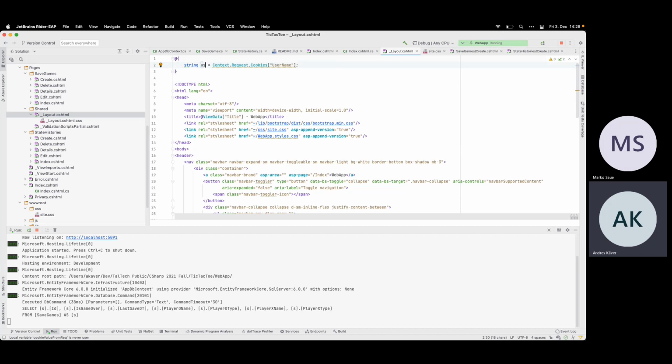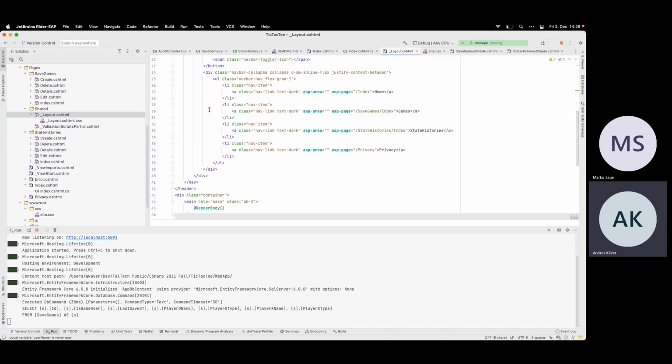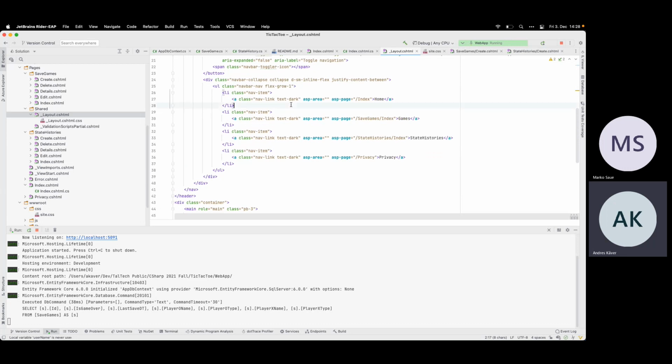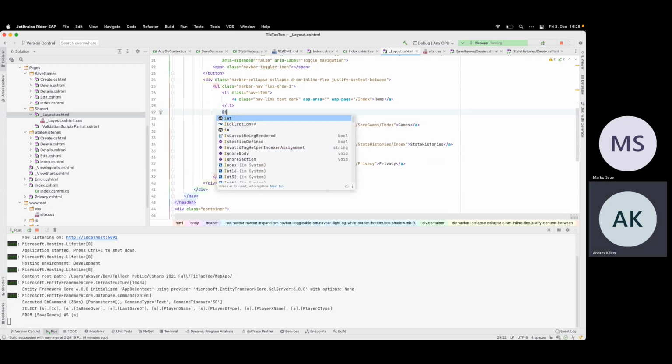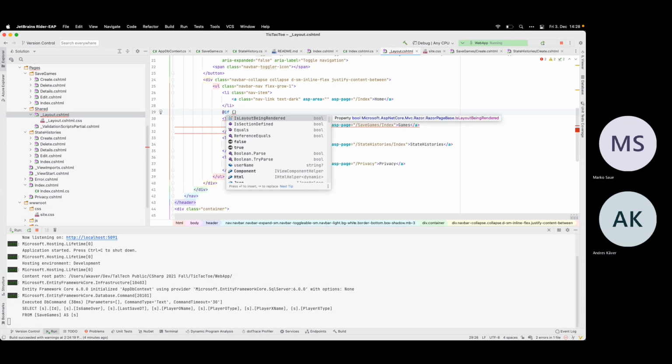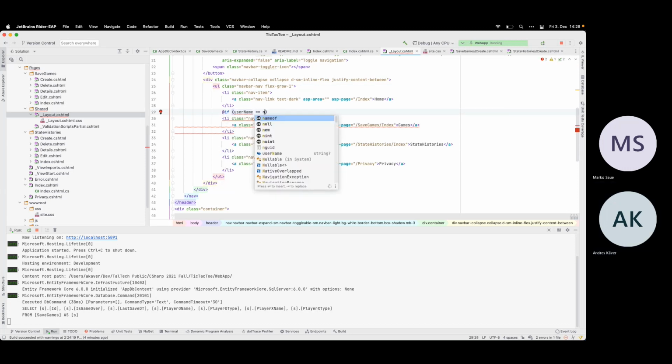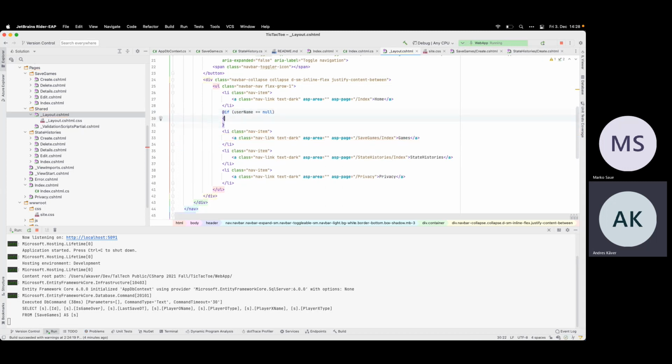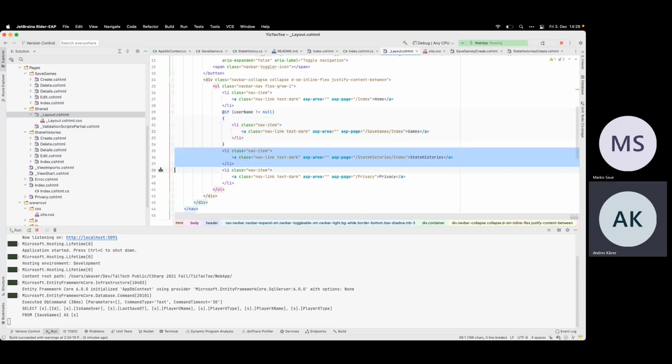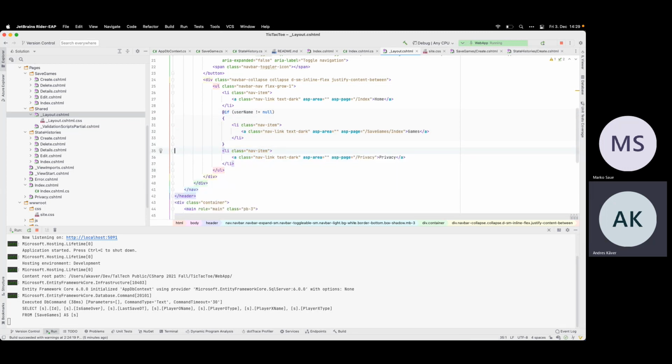So we have this username now, which might be a null actually. So it's a nullable string. So now we can do something like this: if this is null, then don't show the menu. Sorry, not null. And probably save history is not visible at all.